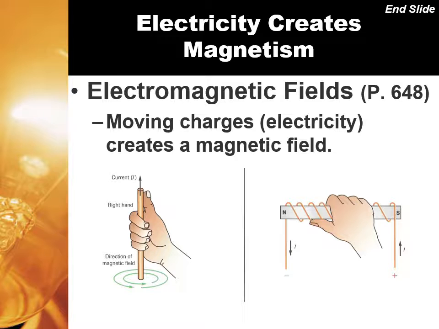Now we've got two right-hand rules that we're going to be using in order to predict the direction of the magnetic field based on the direction of the current, or vice versa. First of all, we have our straight wire, where our thumb follows the direction of the straight wire and our fingers curl around. As you can see, the fingers curling around on your right hand are going with the direction